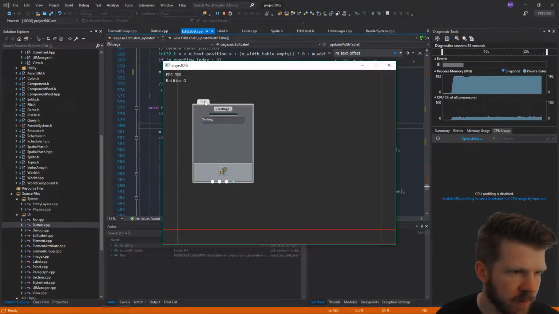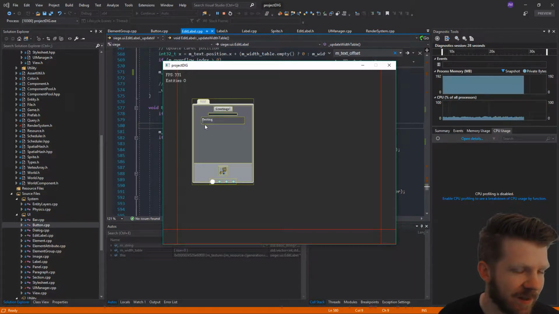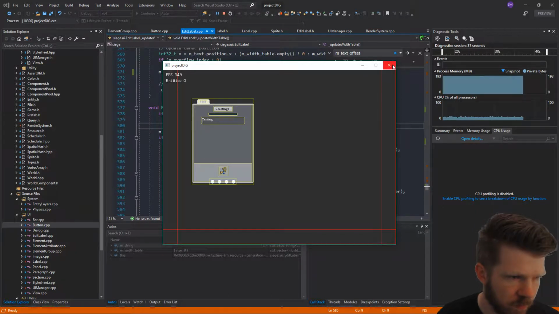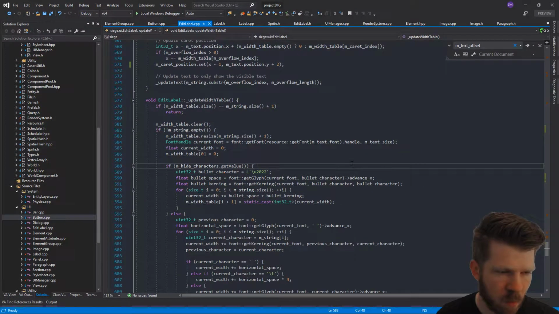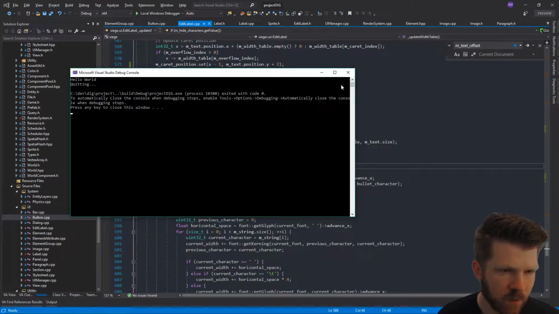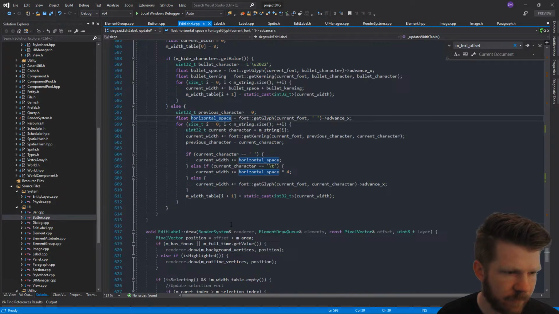Oh, hey, that text is working now. I thought it was broken. What the heck? Huh. But this text seems off. Maybe it's just that I need to be offsetting the text more. Really, what it seems like is that